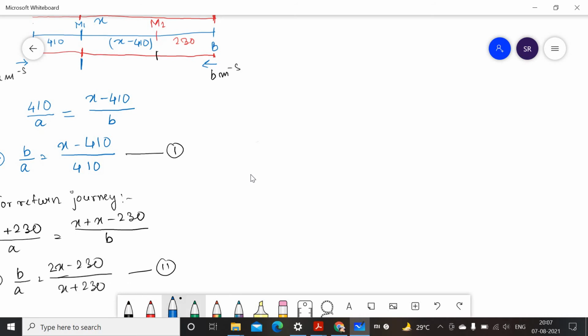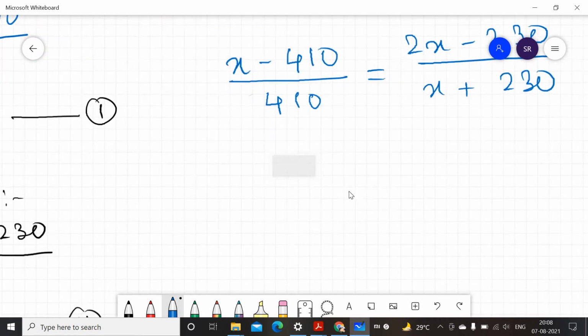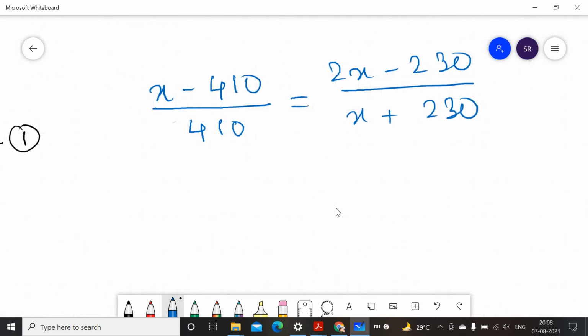So the first equation found was x minus 410 by 410. See, both are b by a only, right? So that is why we are equating it to 2x minus 230 by x plus 230, right? So from here we can easily find out the value of x,